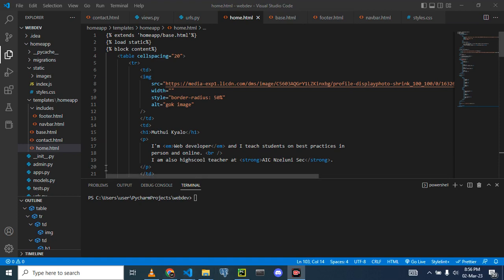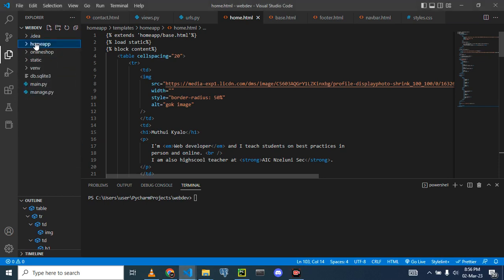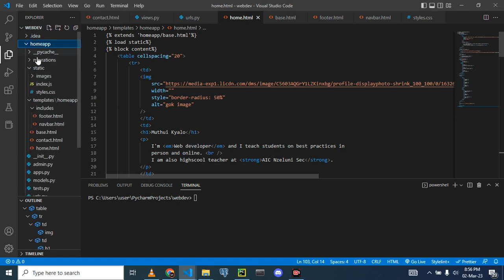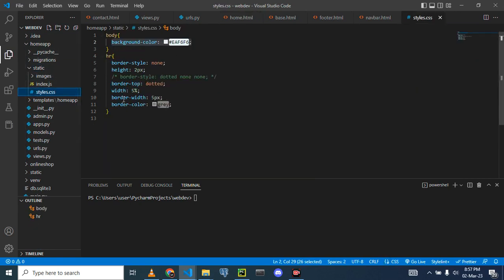This is our project, web dev, and these are some of the files that we have. When you expand this one, you can see a small thing. Here we have static, and static is where we are hosting our external CSS. Right now we only have external CSS, but when we go to